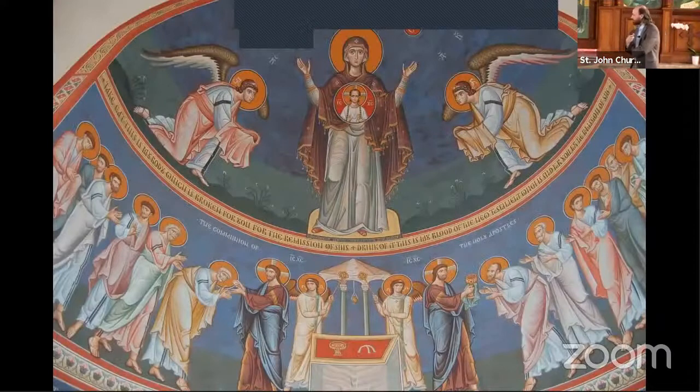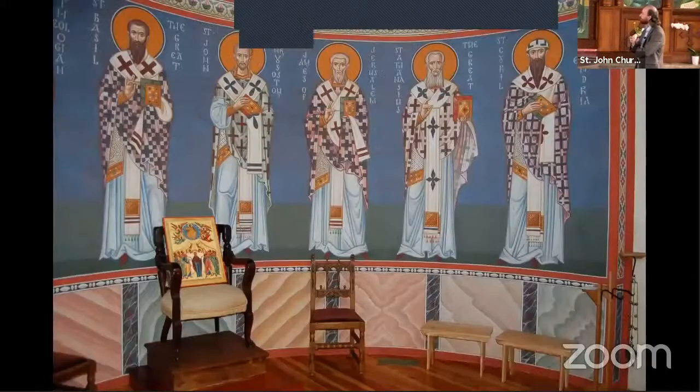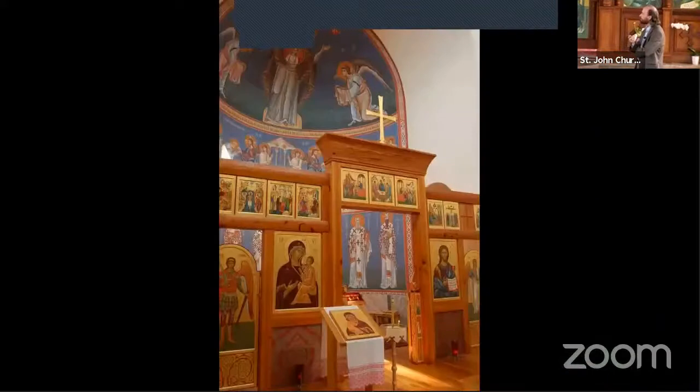And then a few years after it was built, we had enough money to start bringing in teams of iconographers to start painting. And we do this the right way, which is painting directly on the plastered wall. We don't use canvas. So this is the apse over the altar. And I particularly love the contrast between the warm golden color of the iconostasis and the cool grayish blue color